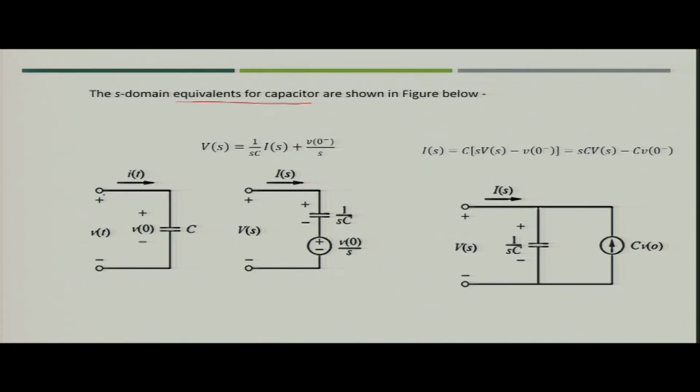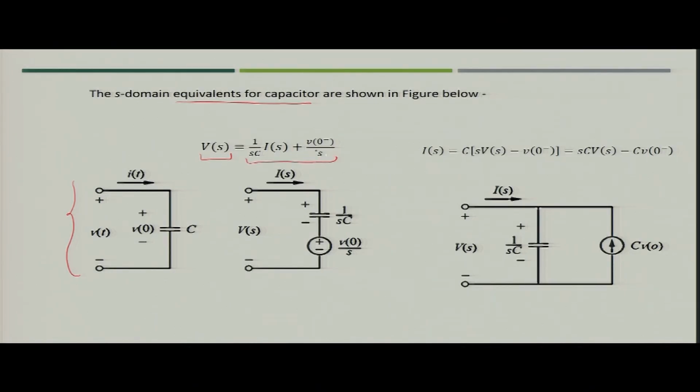So, this is the equivalent representation of a capacitor in time domain, where you have voltage across the capacitor as v(t), the initial voltage across the capacitor is V0, that is v at time t equal to 0, and a current i is flowing through the capacitor at any time t. Now, when we are asked to find the voltage V(s) in S domain across the capacitor,